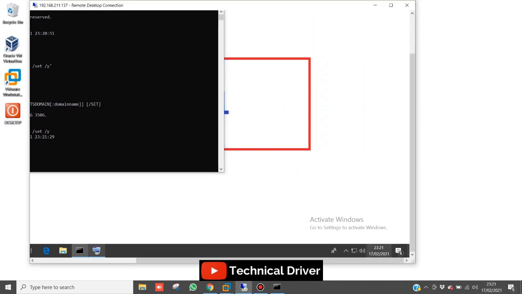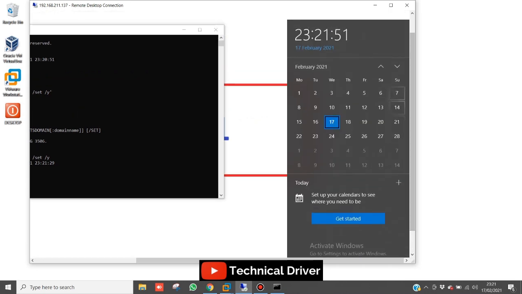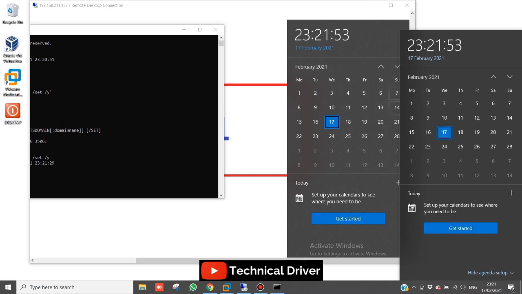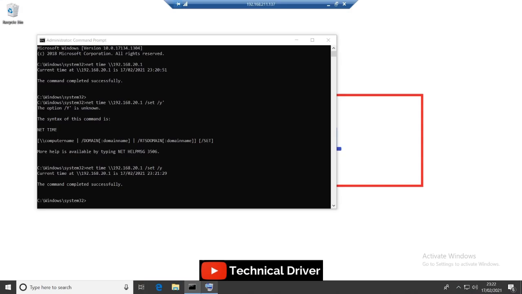You can check the time matches second to second; my virtual machine timing is currently synced with my main machine.